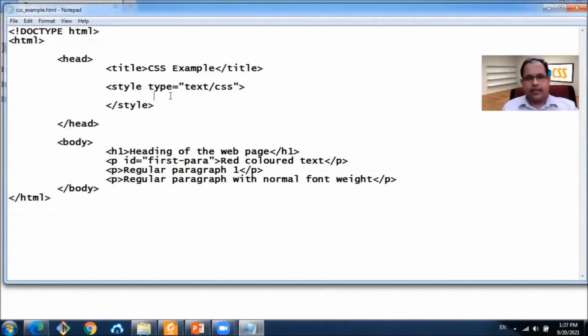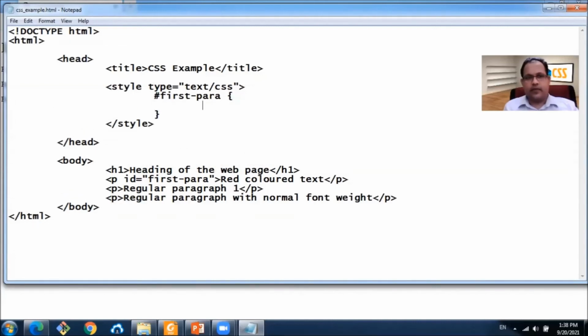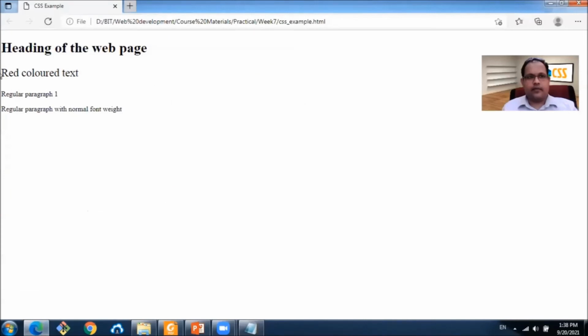We can select the ID of an element by using the hash character, hash and first para, and then we can specify the styles that we want in this particular paragraph with the ID attribute. Let's make it font size 25 pixels. Right. Now it's bigger.